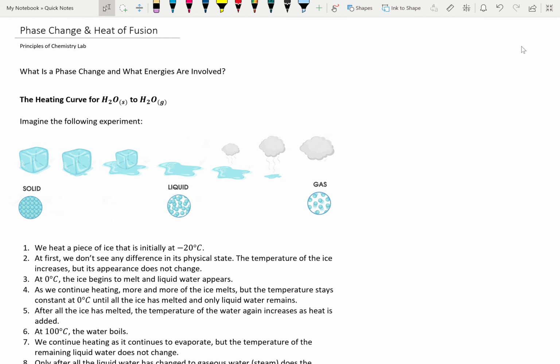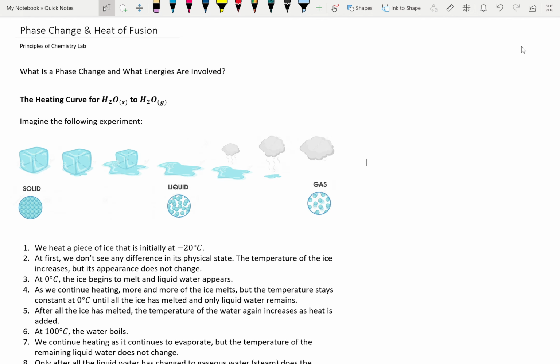This video is going to cover our lecture for phase change and heat of fusion. We start off with asking ourselves what is a phase change and what energies are involved in phase changes. So we start off with imagining this experiment of solid ice melting into water, liquid, and that liquid is evaporating